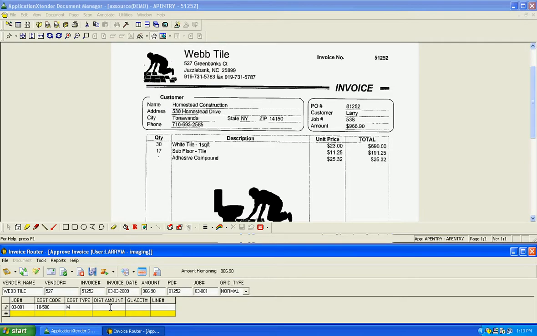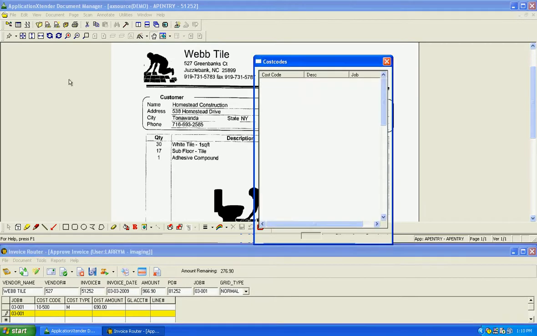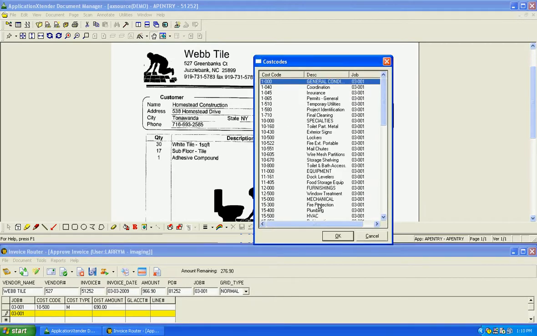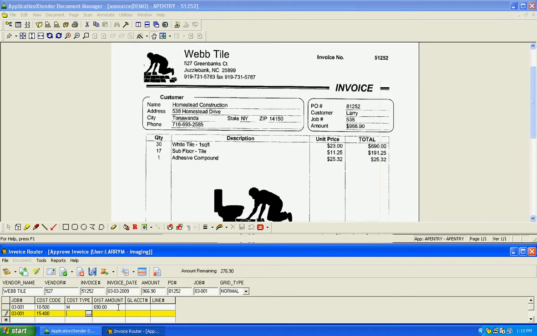Can distribute the information appropriately. You can see that the amount remaining changes. Go back to that cost code list. Pick something different. And we will just say